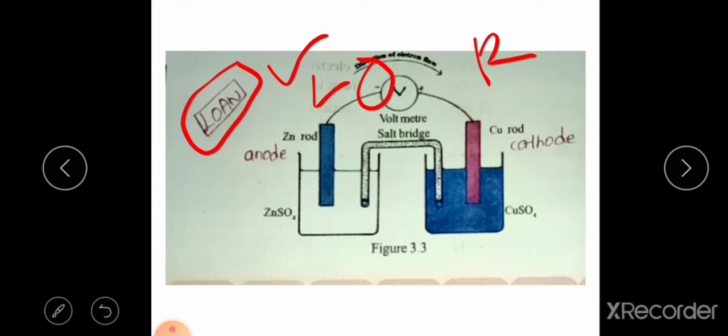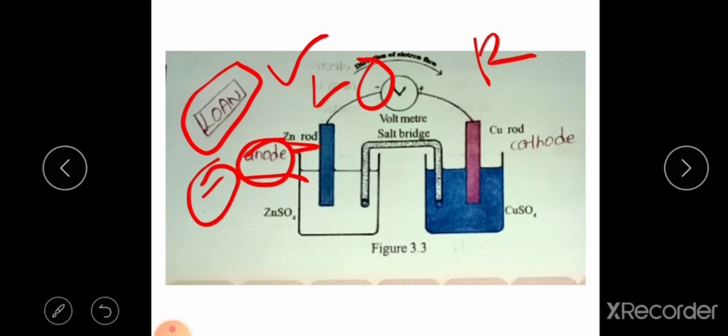Here you can see, dear students, the left side has zinc. In this example, zinc is on the left side. We know when we compare zinc and copper, zinc is the highly reactive metal. So zinc undergoes oxidation, and the zinc electrode is the anode, and it has a negative charge. So I hope everyone understands the code. LOAN is the code. LOAN means L left, O oxidation, A anode, and N negative.